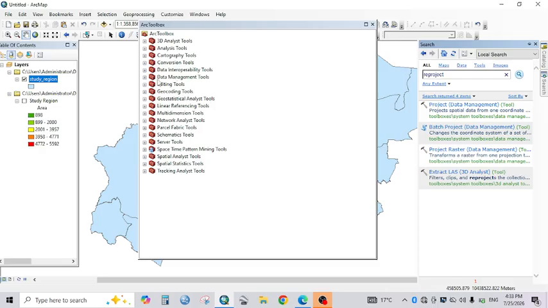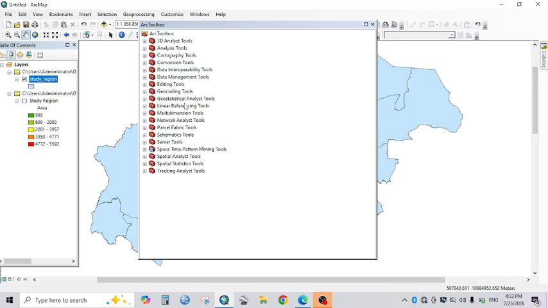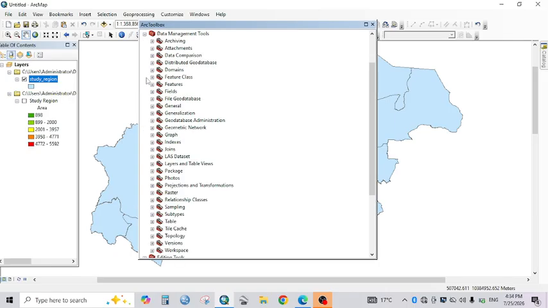So here are the different tool collections that we will be able to use. But for the purpose of this very exercise, our tool called Reproject is under the toolbox known as Data Management Tools. So we're going to expand this toolbox and head over to the Projections and Transformations tool collection. So we expand, and then we go to